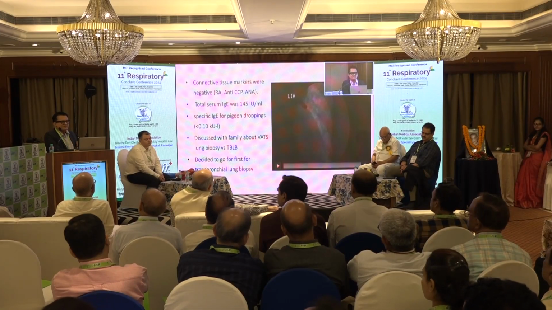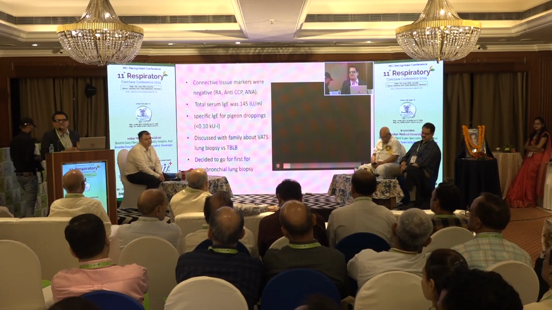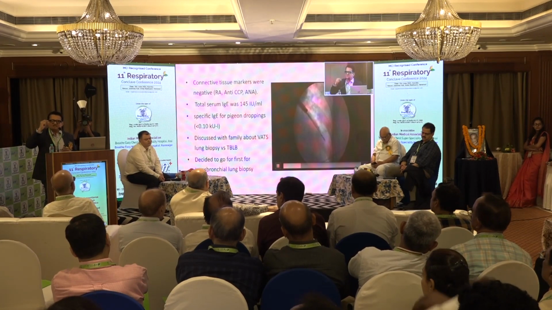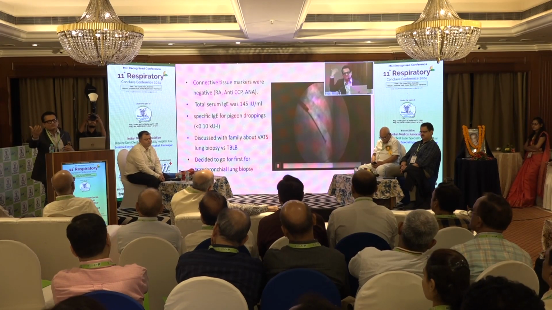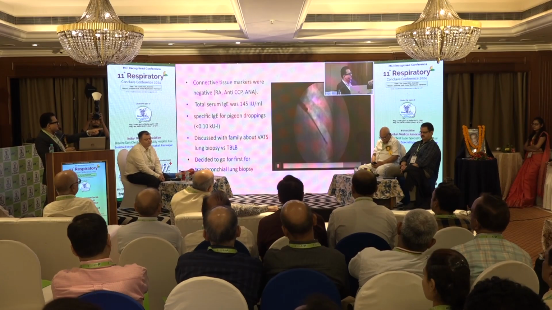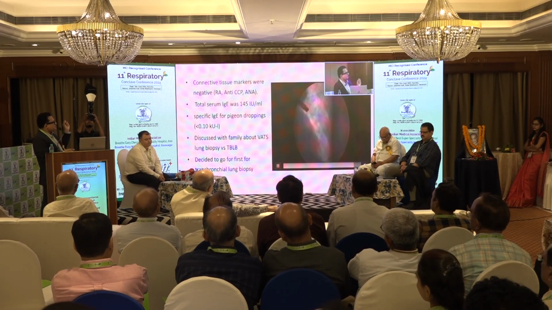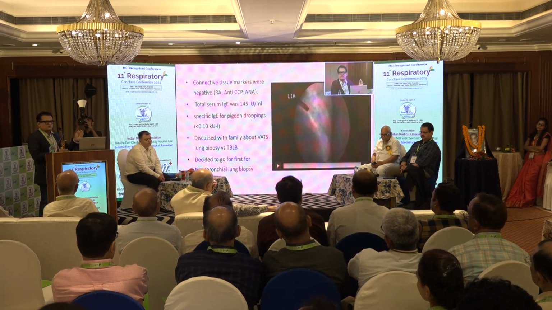But she was an ophthalmologist's wife, so she said, we first would like to take the chance of doing a transbronchial lung biopsy. Even if the tissue is small, they wanted to take a chance, and if it is not diagnostic, then we would move to VATS surgery. So this is how a transbronchial biopsy is done. The forceps is passed through the bronchoscope. You just saw that. This is a very important procedure, which can be done at almost all institutions which have